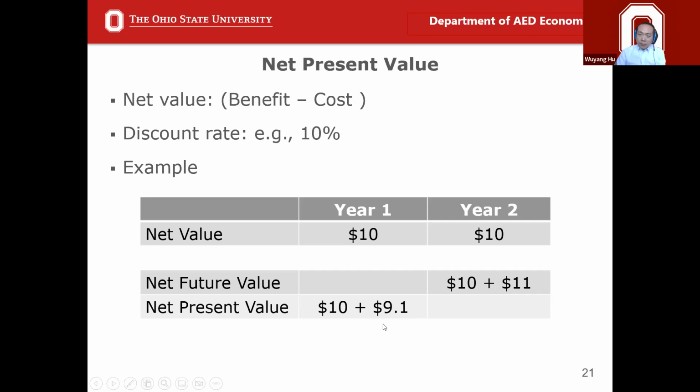But for the present value, if you convert everything to this year, the $10 you're going to receive in year 2 in the future can be discounted, because it's not going to be worth $10 this year, since you're getting the money earlier. It's only going to be worth $9.10. So the present value is converting all future values to the present, and the future value is converting all present values to the future. So we're going to look at the present value. So this is what we did.